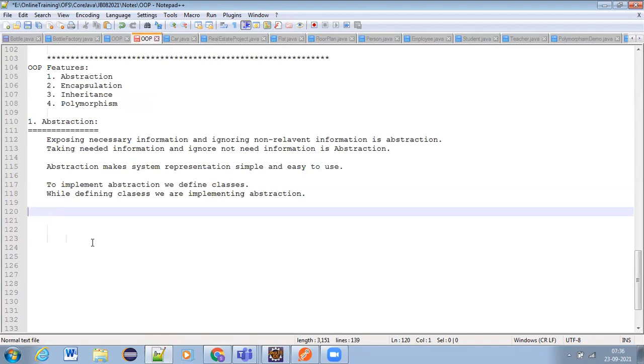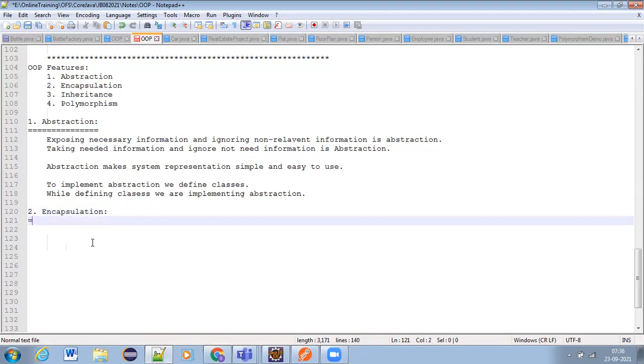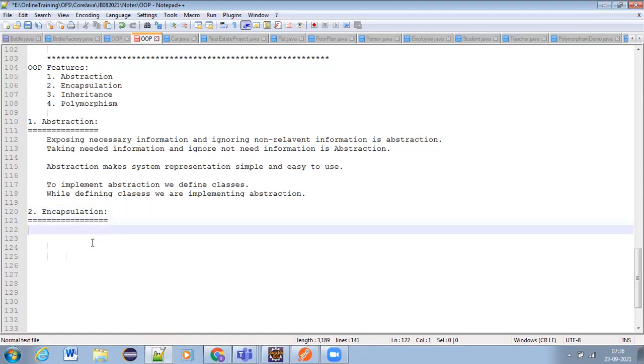Next concept is encapsulation. Encapsulation means binding together different entities into a single unit is encapsulation.